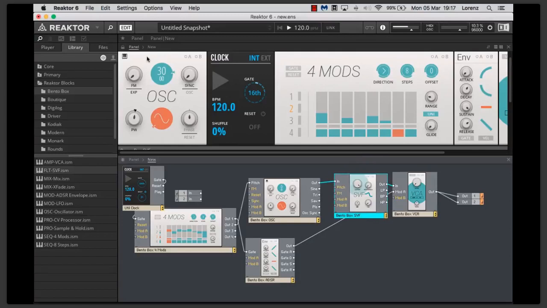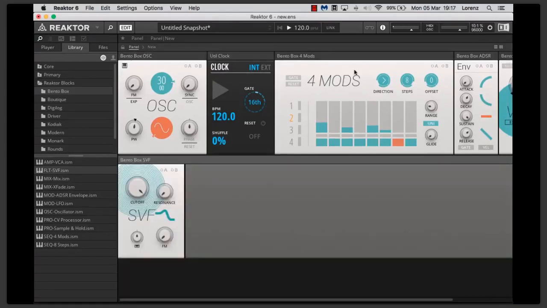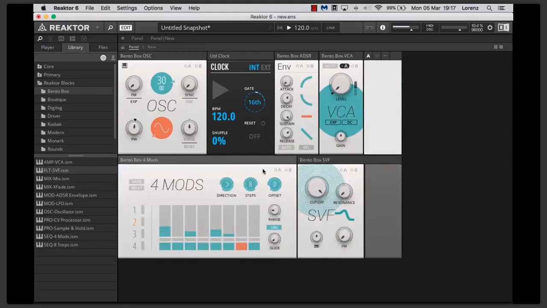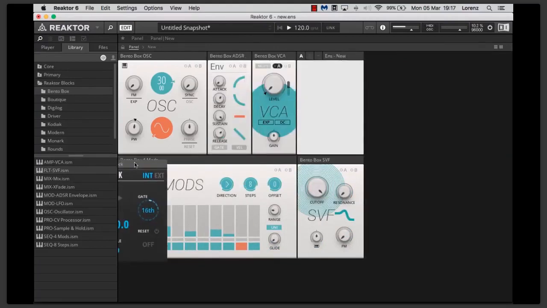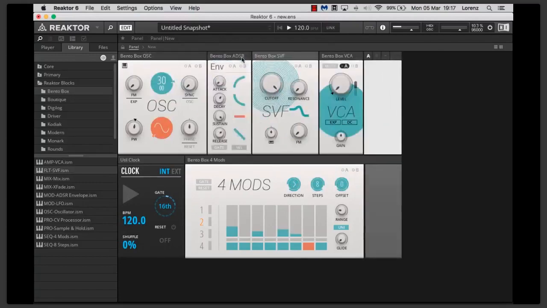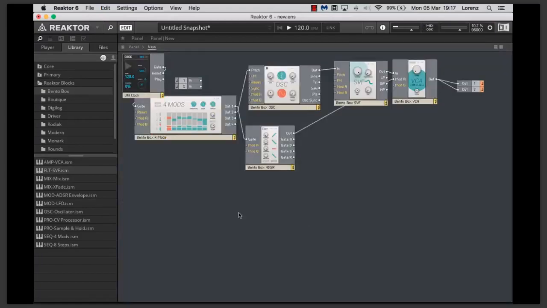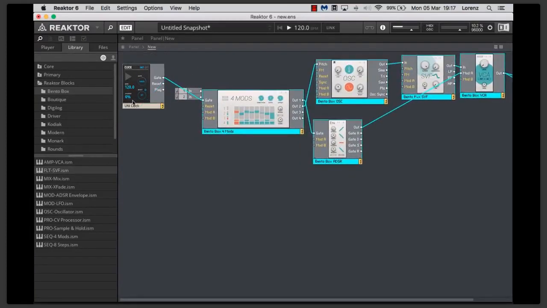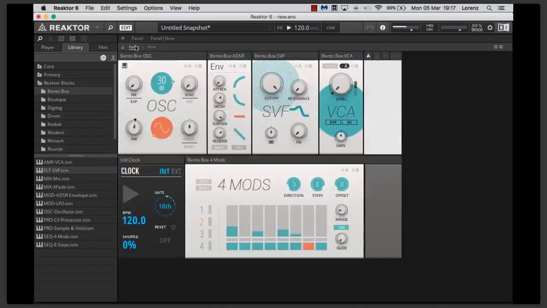In order just to tidy things up a little bit, I'm just going to move some of these modules around. So we'll have our clock and sequence over here. It tends to make things a little bit easier in terms of tracking if they're set up in the same order as in the actual structure view over here. So, right. Okay, so now from our panel, if we run the sequence again, we can open up the